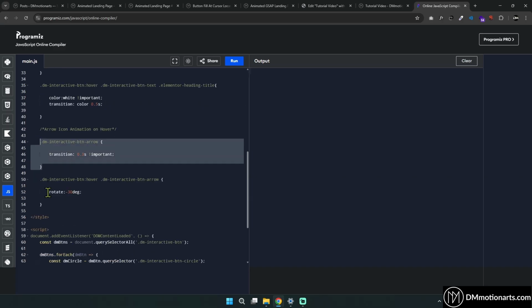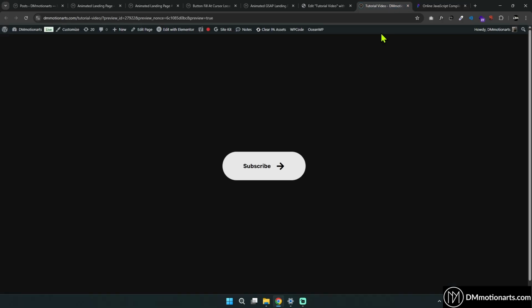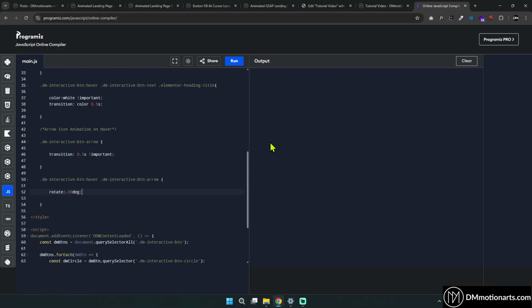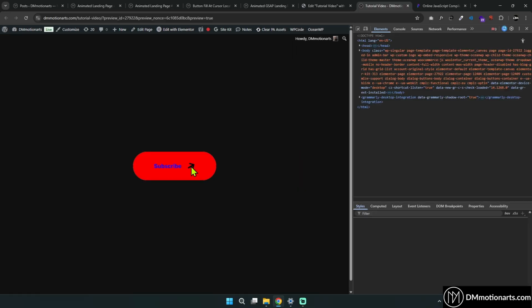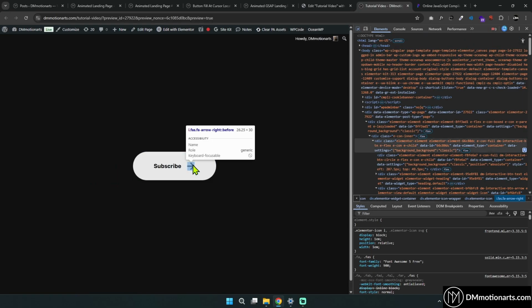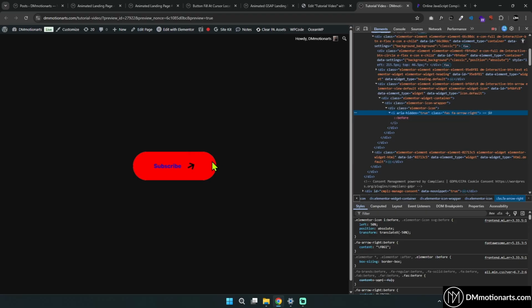Then for the arrow, I just basically rotate it in -30. So if I hover on it, it basically turns to -30 like this. You change the rotation to your own liking. If you wish to change the color of this one, then you kinda need to do right click inspect like this,